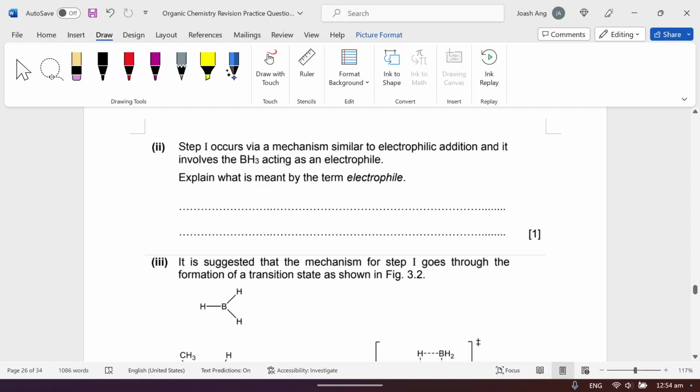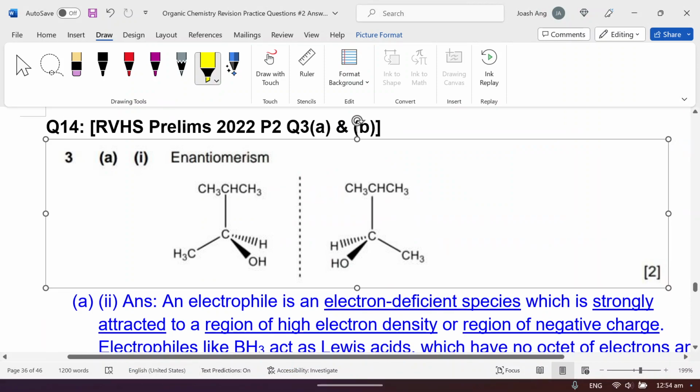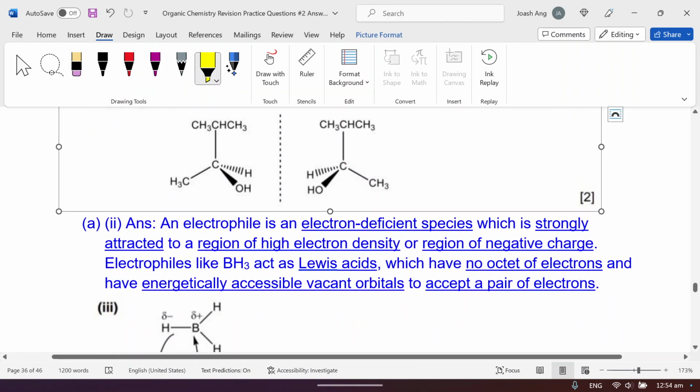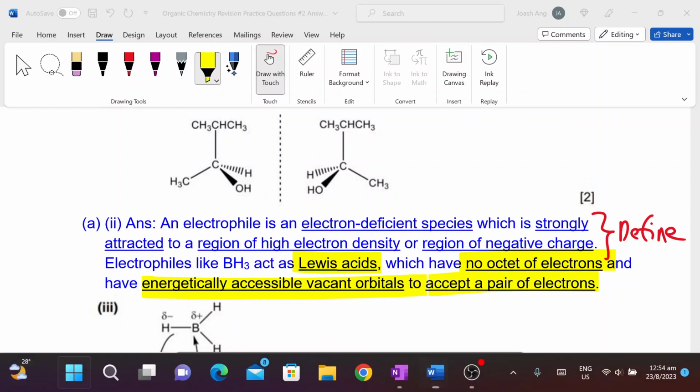For this case, we have to make reference to BH3. BH3 is actually a Lewis acid, that is an electron pair acceptor. If you remember the definition of electrophiles, that's good, but not only that, you must also specify. So this is your definition of electrophiles that is usually in the textbooks, but you also have to indicate that BH3 is a Lewis acid, no octet of electrons, and has an energetically accessible vacant orbital to accept the pair of electrons. Okay, then next part